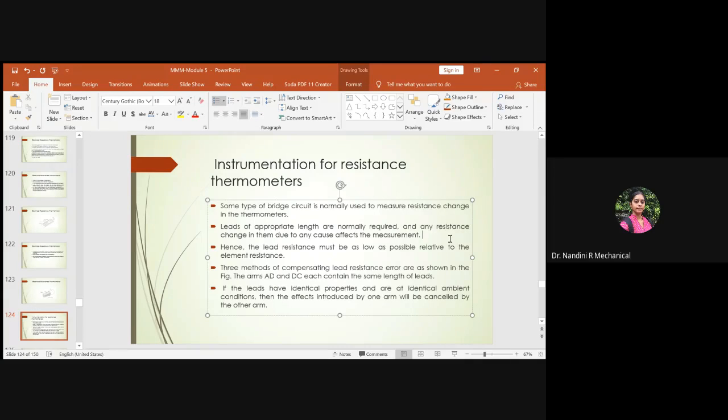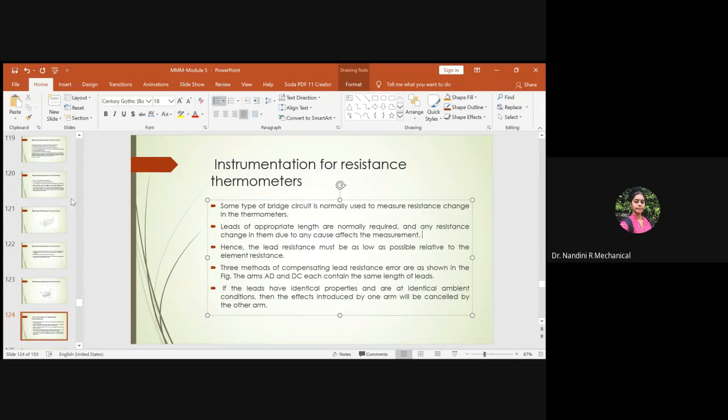Suppose you take an example. The second time, you can reduce the length of the lead wire and see how good a result you are getting. And the third time, you can reduce it still more and get the reading. So by getting the readings for different lengths, you will come to know what variations you are getting and where the accurate value is. That is nothing but optimization of the length. Once you have optimized the length of the lead wire, you can select that specific length as the appropriate length to measure the actual variation of the resistance with respect to variation of temperature at any cost, whether it is increasing or decreasing.